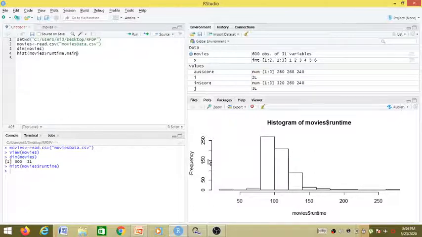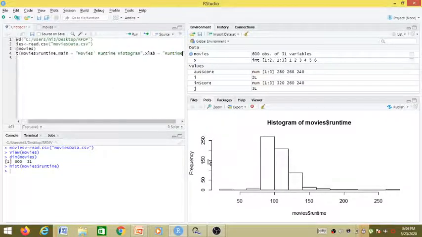So main was used to provide the name. So let us give some relevant name, movies runtime histogram. Next we have xlab. We want to give it as runtime only.